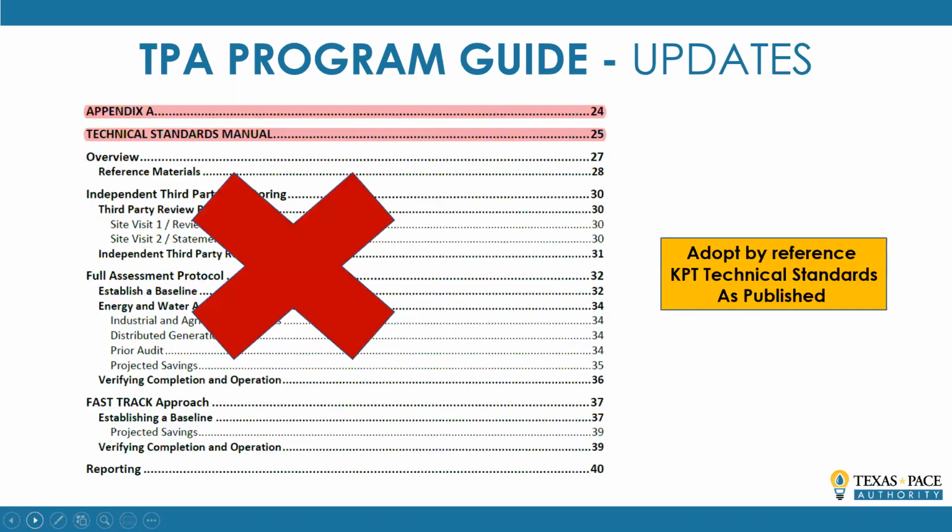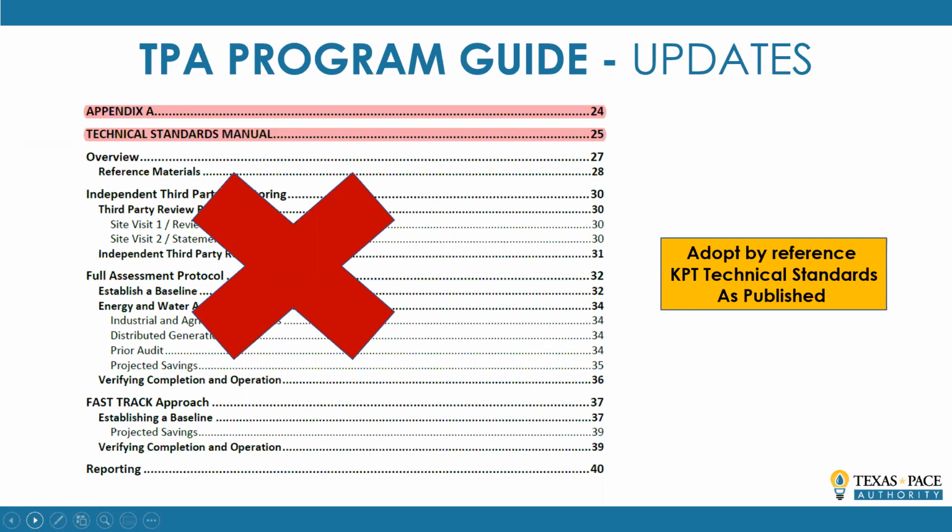And then we had in the existing program guide almost a reprint of certain sections of the past technical guidelines. And I know this created some confusion because I've had these questions. People would ask, do we use your guidelines or do we use the technical standards? And while they should be the same, the layout is not exactly the same. So that presented some confusion. So we're removing that